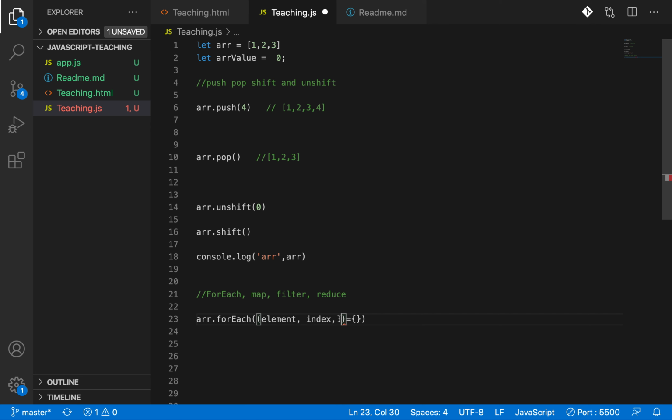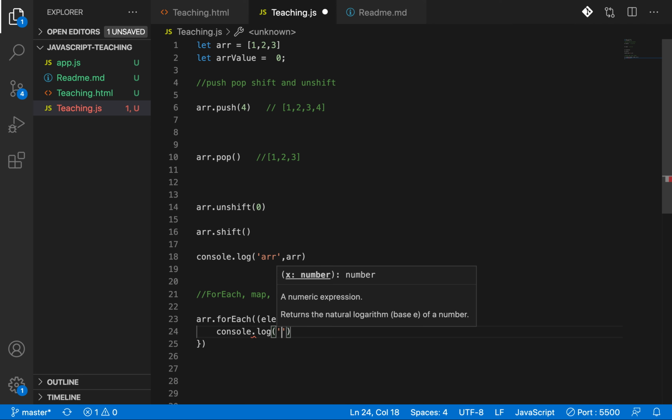Okay, array. If you want to work on some logic with the help of the first argument, then you can just do console.log element.